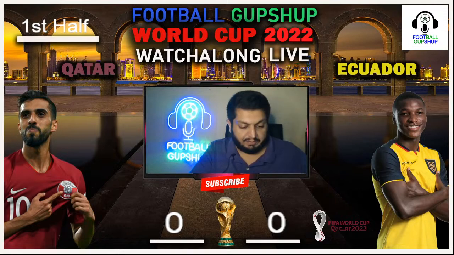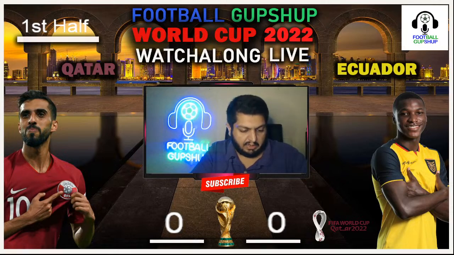And the referees are going to conduct the toss. So it is going to be interesting to see what is going to happen. Right now, Qatar versus Ecuador is about to take place. It is Ecuador who are getting lined up, and they are showing the visuals, showing the formation. So apparently, Ecuador are going to play a classic 4-4-2 formation.